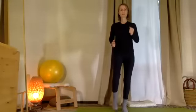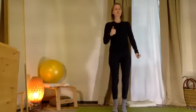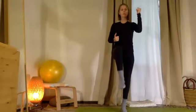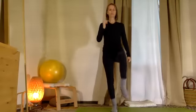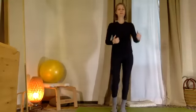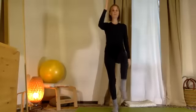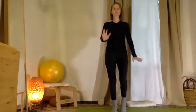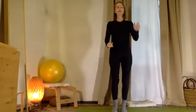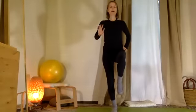We're gonna push one foot down into the floor as you let the opposite femur bone lift up. Try to feel that resistance coming from your bottom heel, right? That gives you a little bit of power and stability as you lift. So just play a little bit with cross patterning, play a little bit with balance. Good. And then why don't we pause for a moment with your left leg lifted, and then with the right